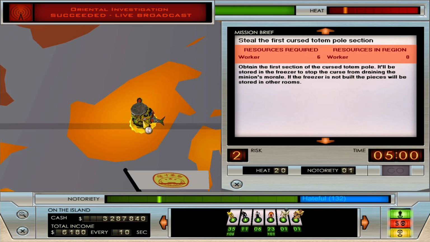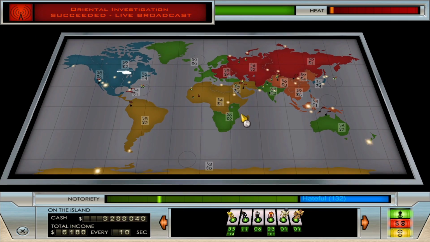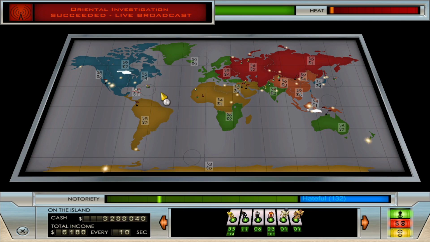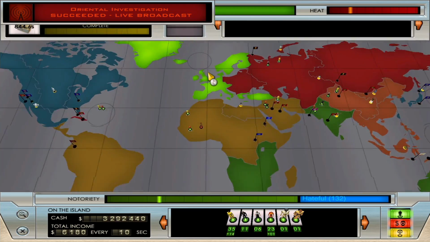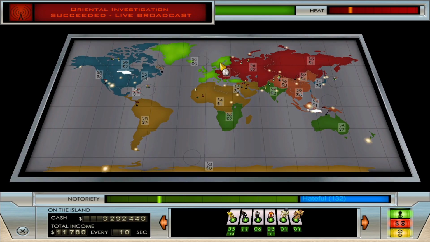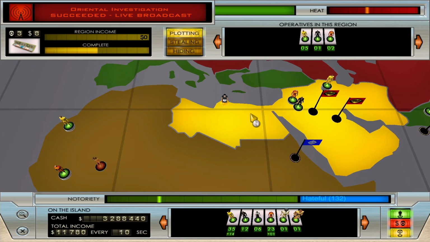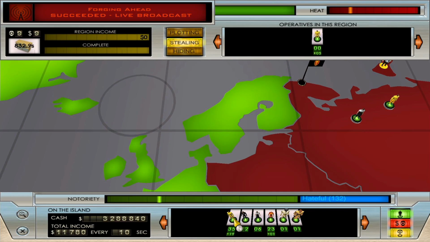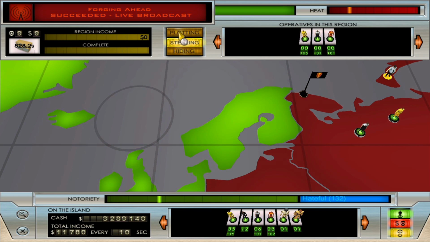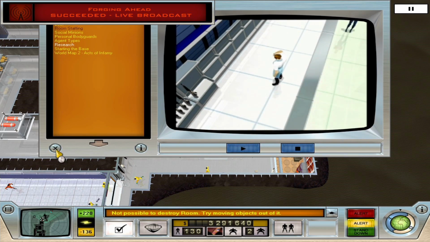Oh, look at that. Let's put those in. So that is the first sort of part of the... What's going on here? Now, let's get some guys in there, and get them plotting that as well. Research will enable you to create...